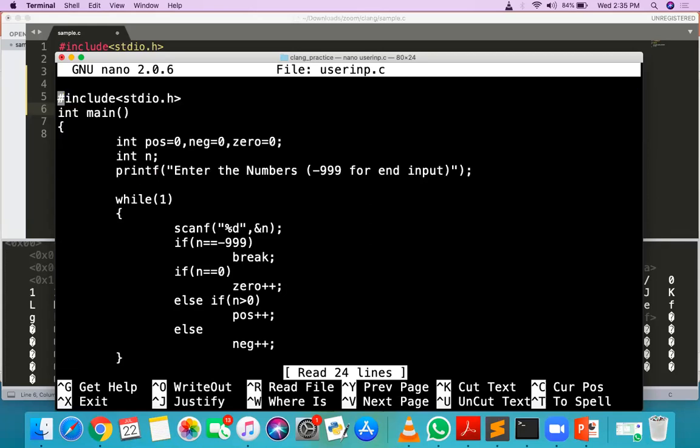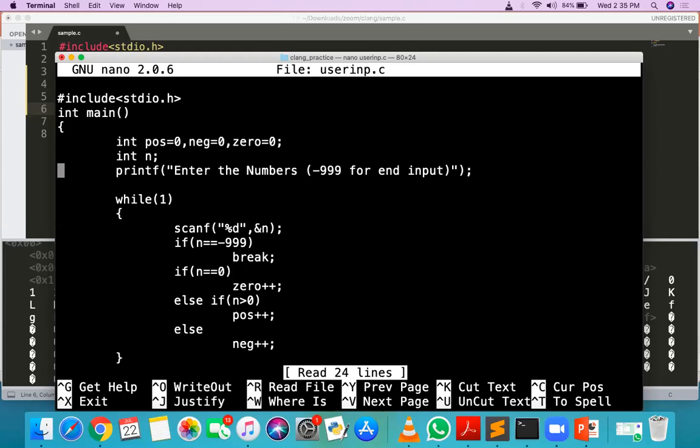Sir, that scanf thing, we can take a for loop instead of a while loop and scan inside the loop, no, sir? Yes, inside the while loop I have scanned here. Sir, it's okay to scan outside also? For example, if we first ask how many numbers you want to enter, scan that, and then scan inside a for loop, sir. Yes, okay, you can also use the same thing.